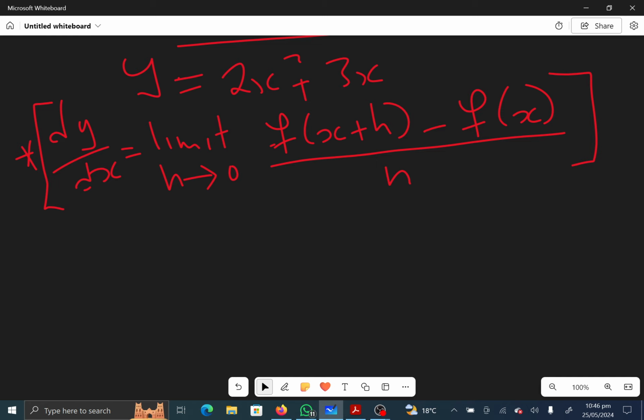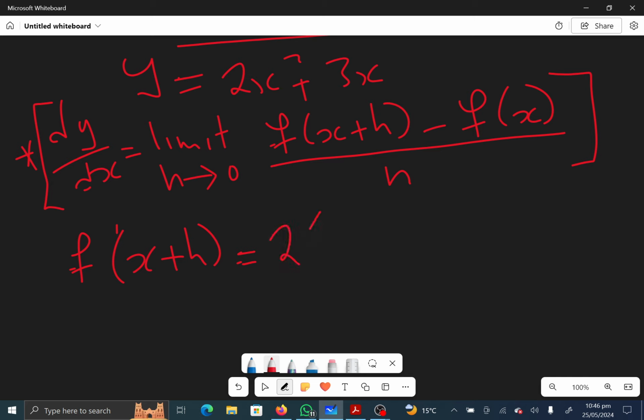When we are calculating with the first principle, the first thing we have to do is find the function of x plus h and as well the function of x. So say the function f of x plus h is 2 times x plus h,